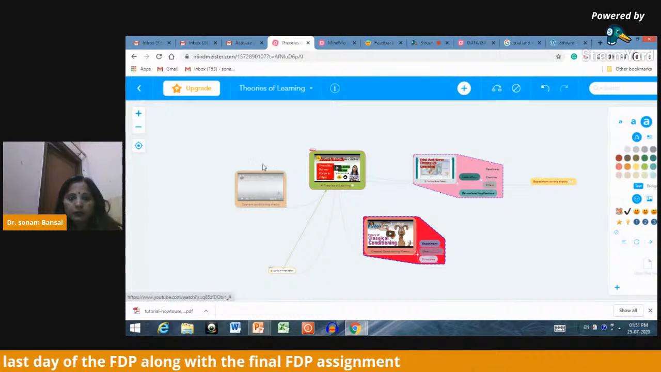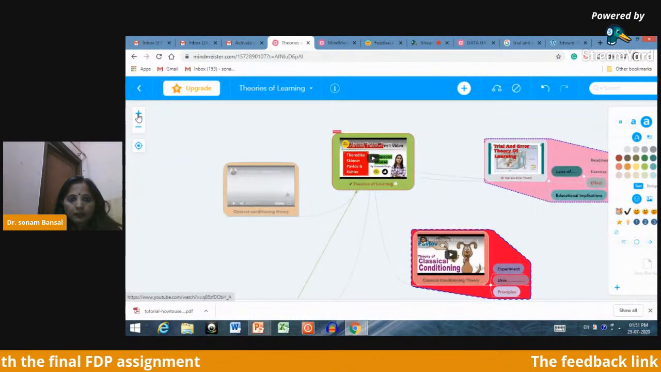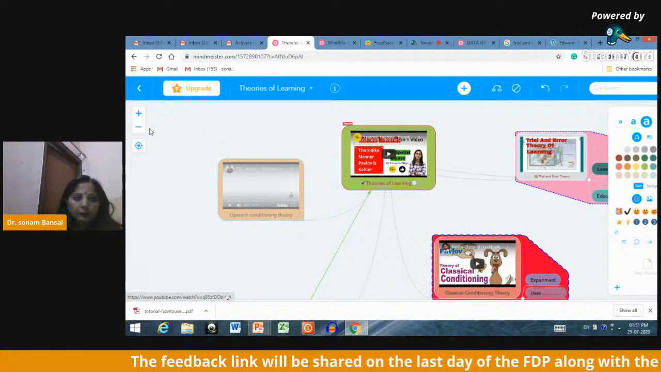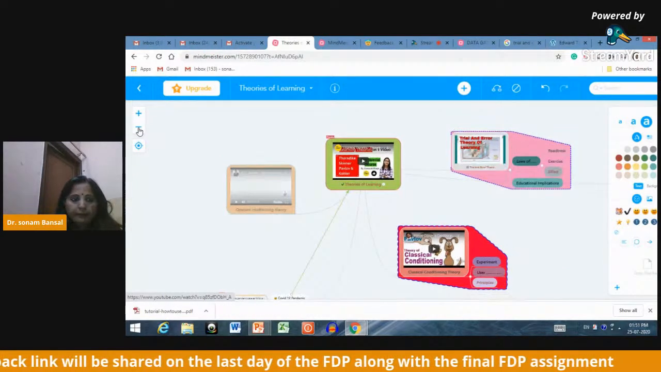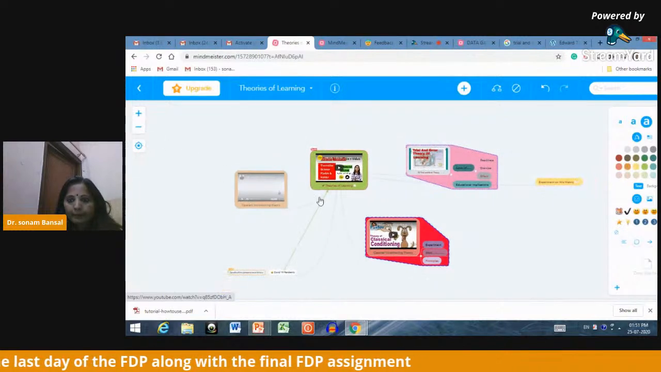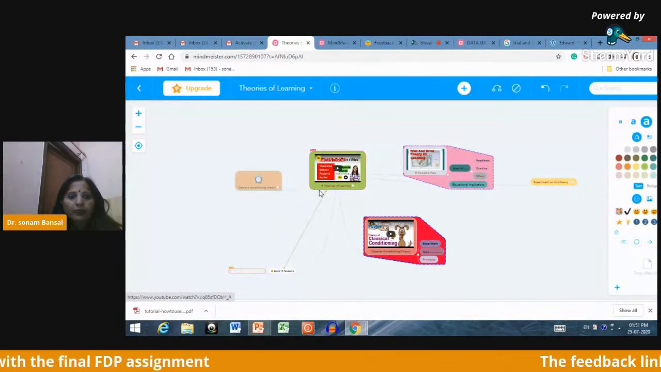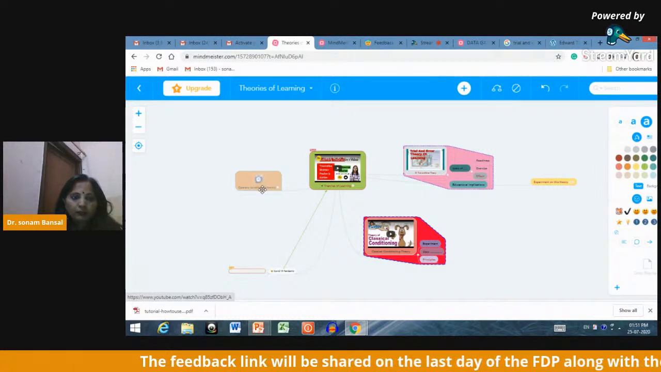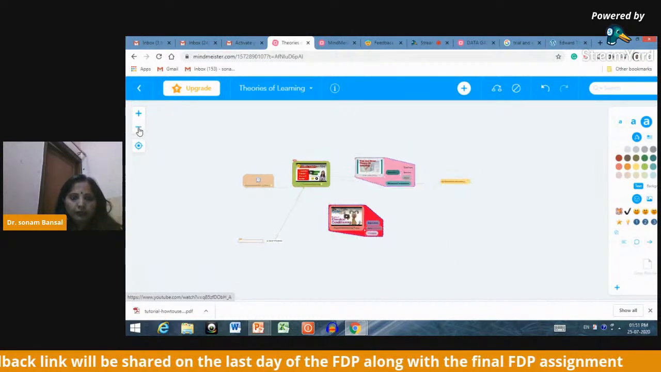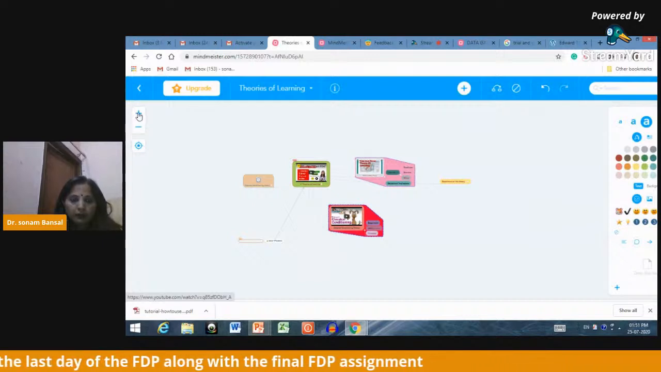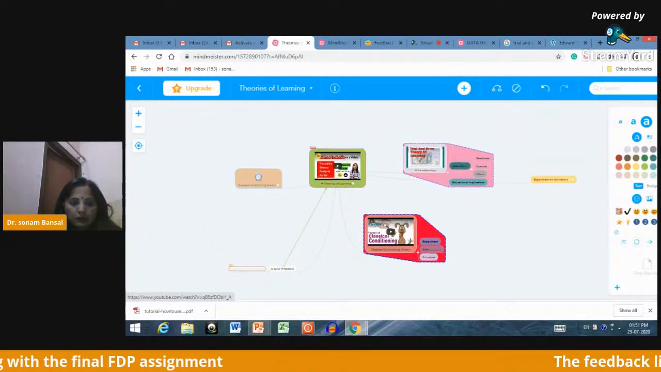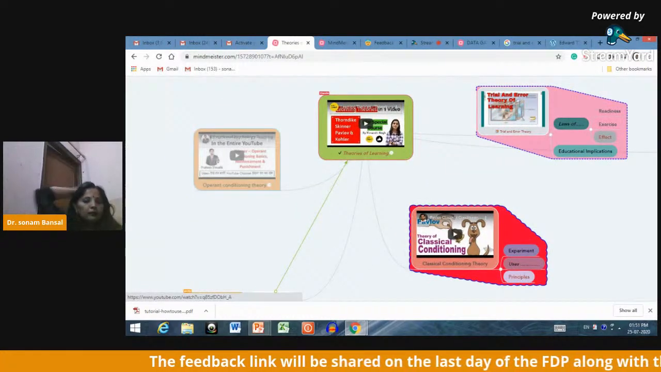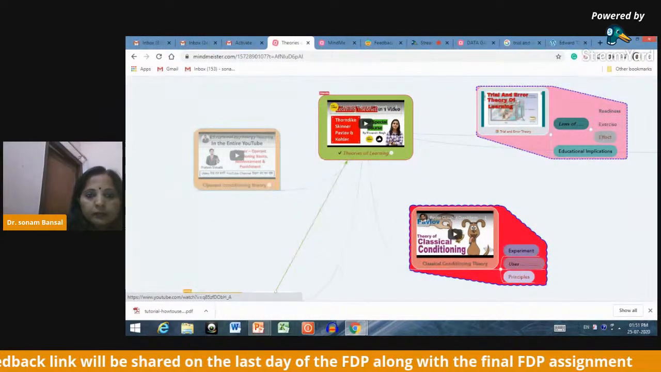Please add some more subsections so that I will show. Somebody is writing here. Yes, good. Somebody is adding an image in this subsection. Yes, very good. See. So like this,